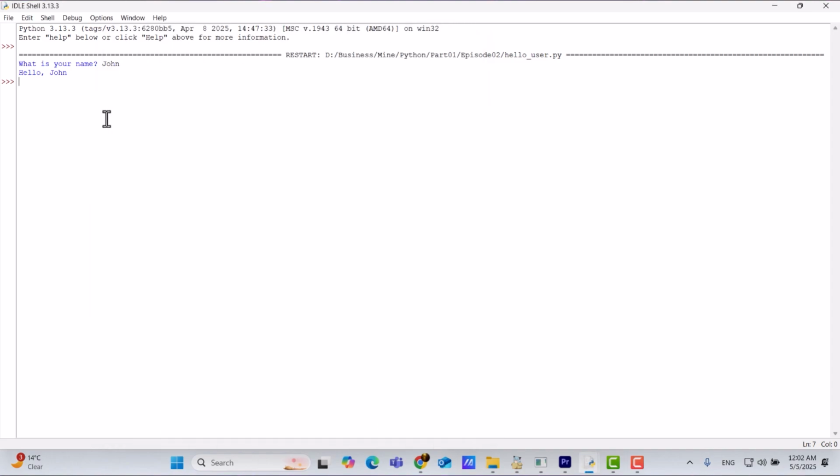We have different data types. Look at these three different variables.